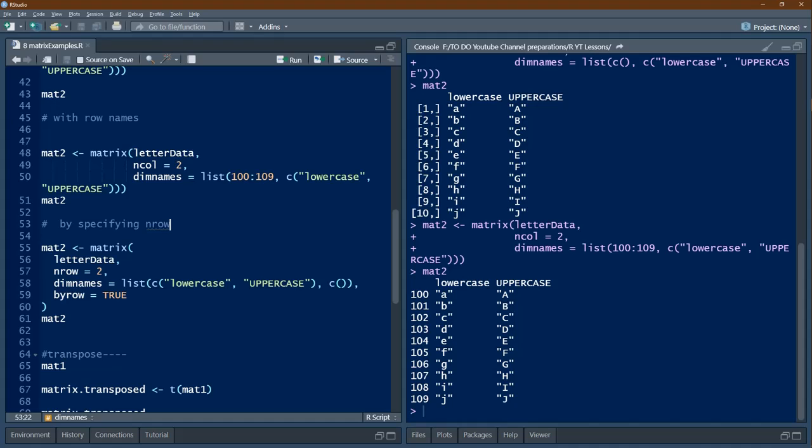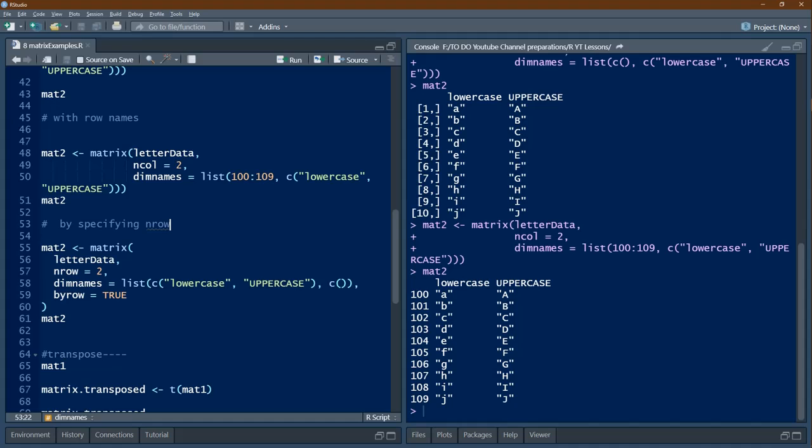This time we'll give nrow as 2, so that means ncol will be 10. Letter data, dimnames we have to give. So here first we are giving the row names, then we are giving column names. Since we have not given anything, column names will not be there, row names will be given as lowercase and uppercase, and there are 2 rows.